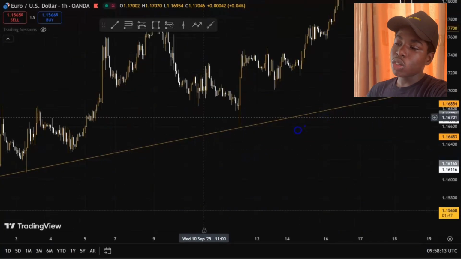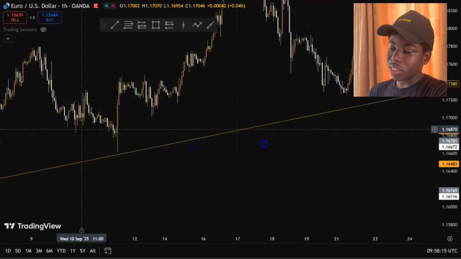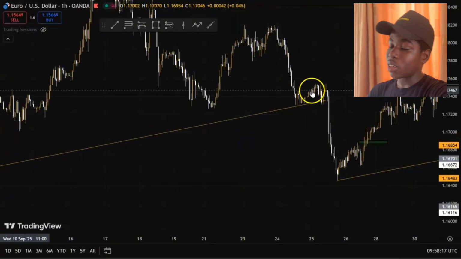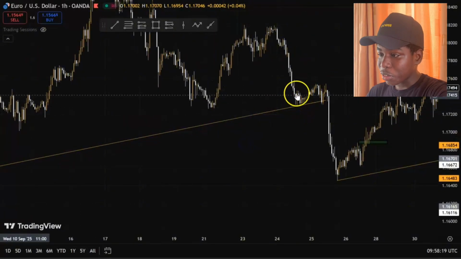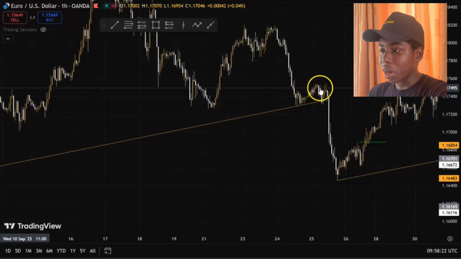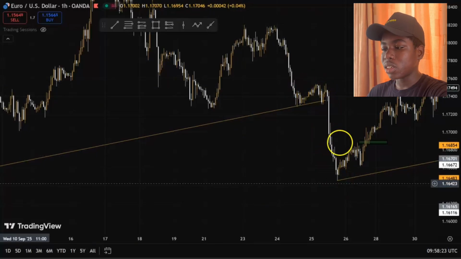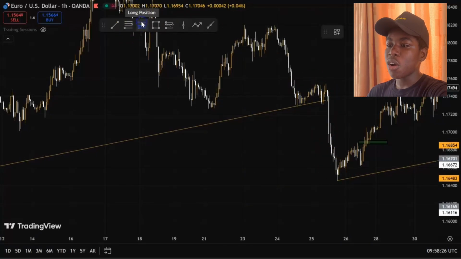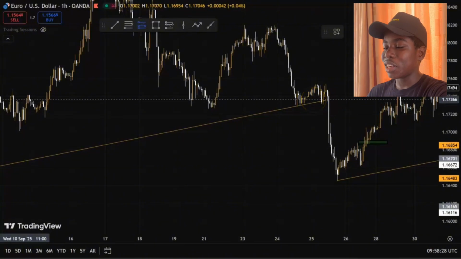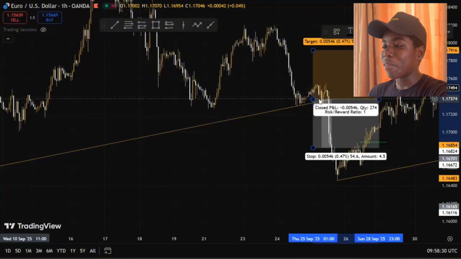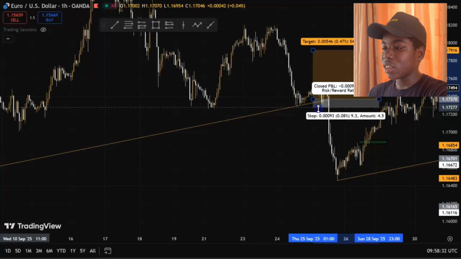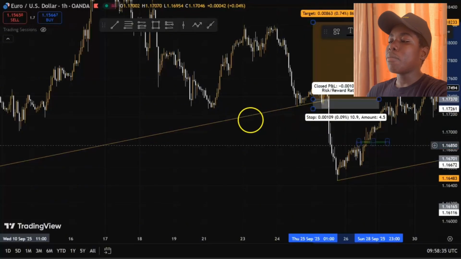Okay, so let's say there's a second trader. He's a good trader. He waits for his rejection, but what happens? He fails, and he also says, oh, forex trading is hard, forex trading is a scam, I'm never going to trade again, stuff like that. He takes his entry here, take profits up there. Another mistake that